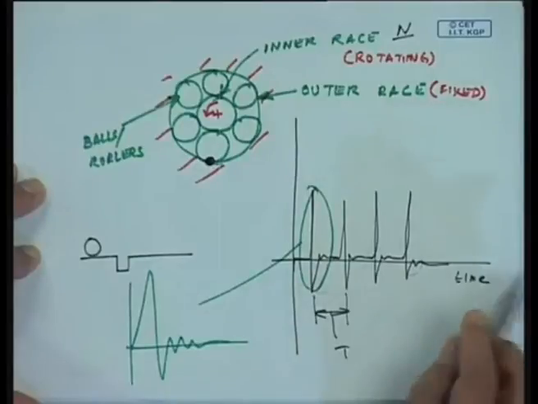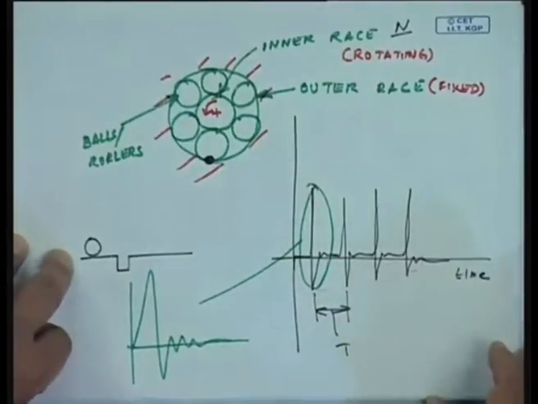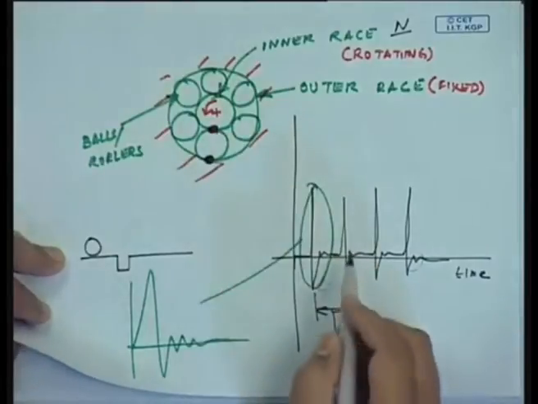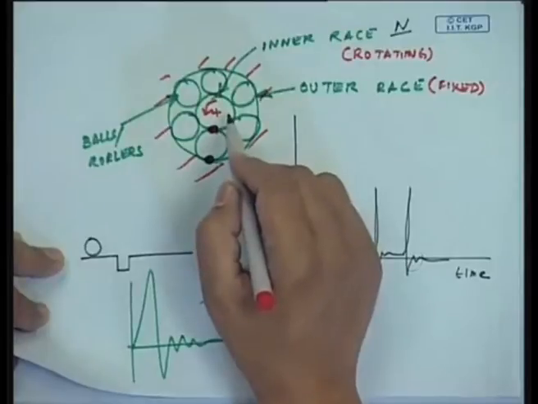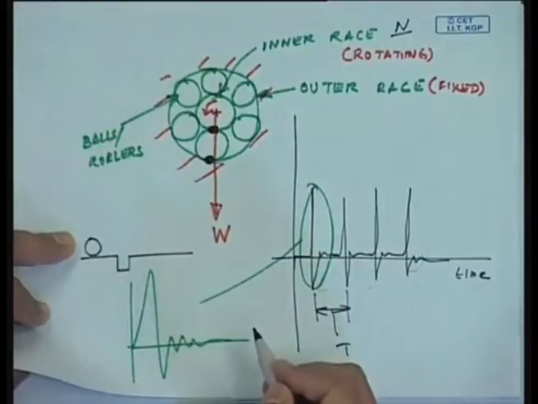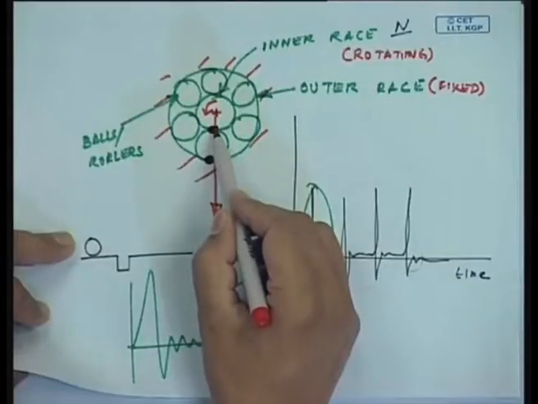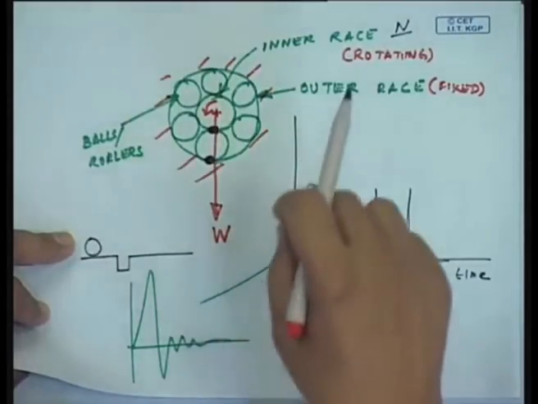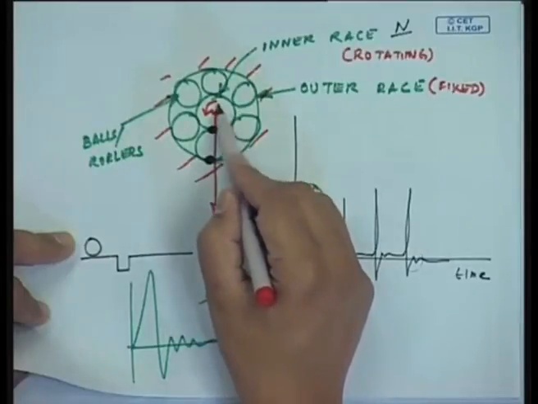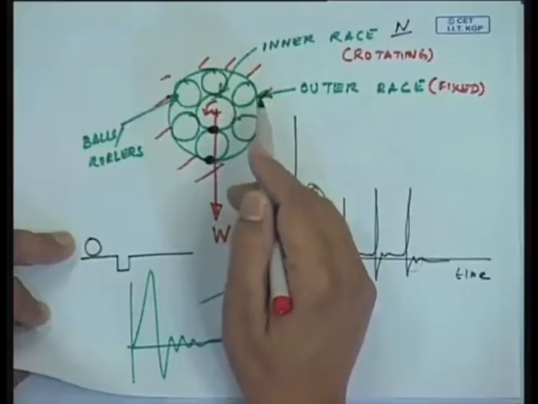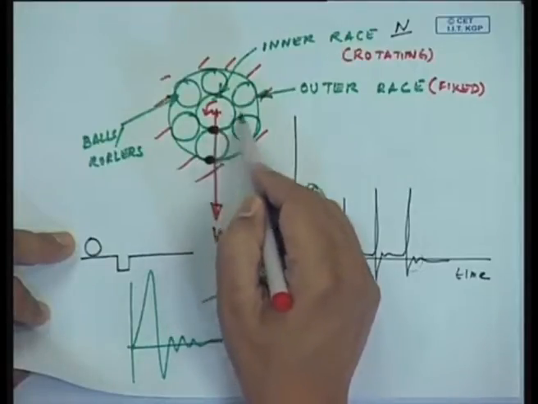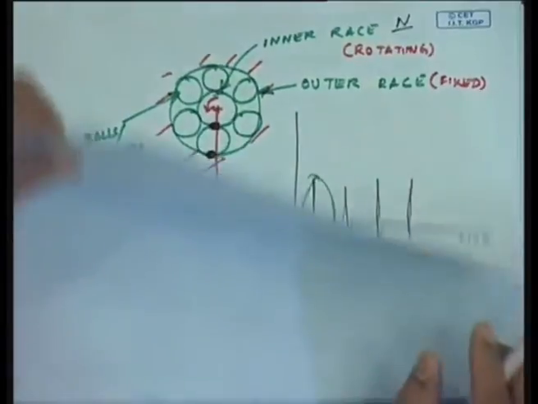On the other hand, suppose the defect was there in the inner race. Let me put it here. Because the shaft carries a load, and the load is always acting downward, some load W, each time the defect comes under the load axis there is a great amount of force on this defect in the inner race. Once the inner race moves away, this force will decrease, and so on. So the intensity of the vibration will be modulated as a function of the rotational speed,